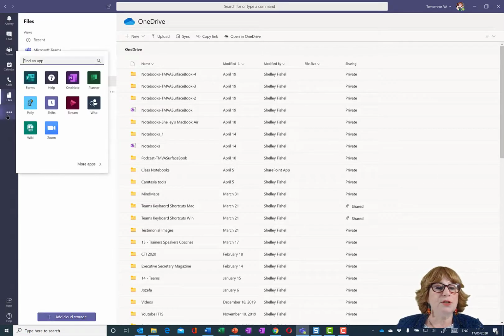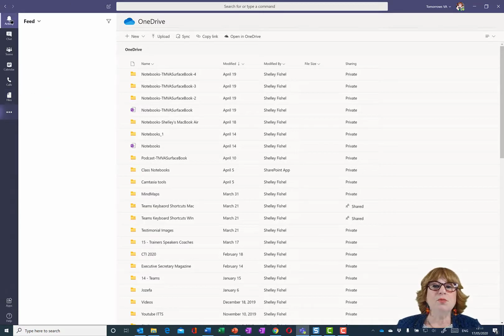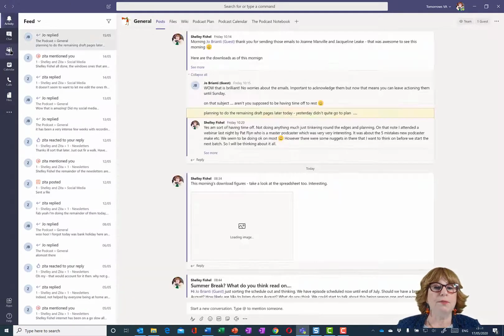We then have the three dots here. These are apps that I have added to Teams. I've kind of signed up to an account with them, and I've brought them into Teams so that I can now add them in any channel at any time. And again, now is not the time to go through all of that. So that was a whistle-stop overview of Microsoft Teams.